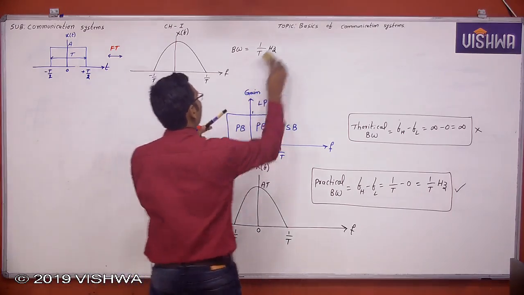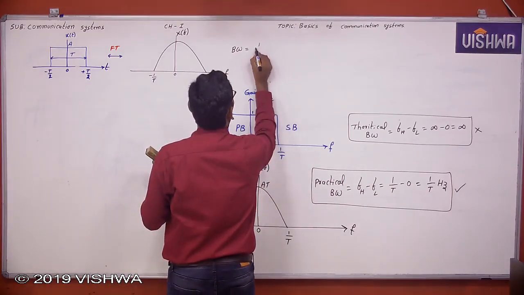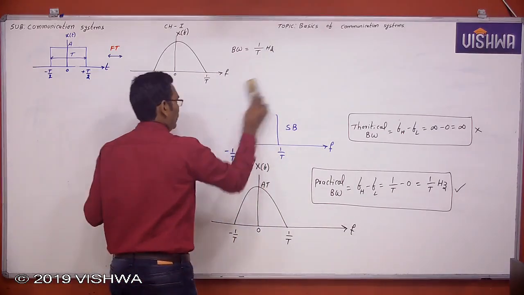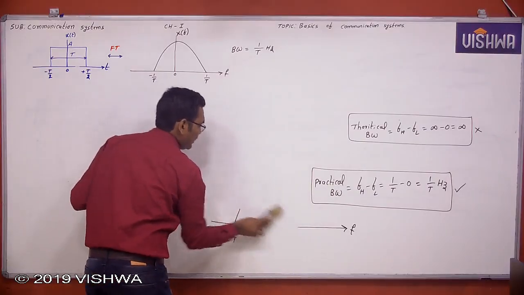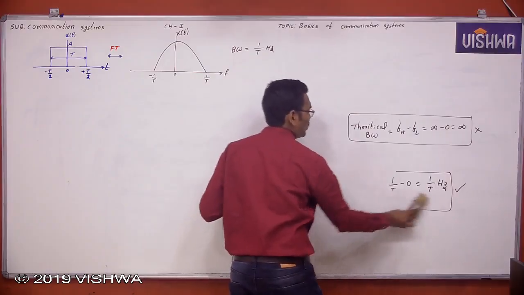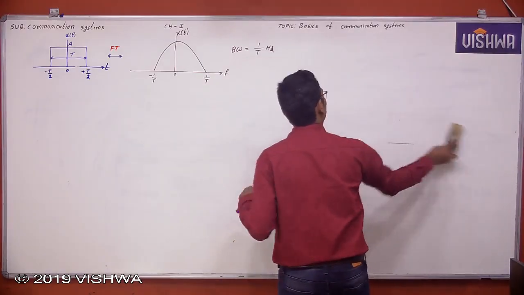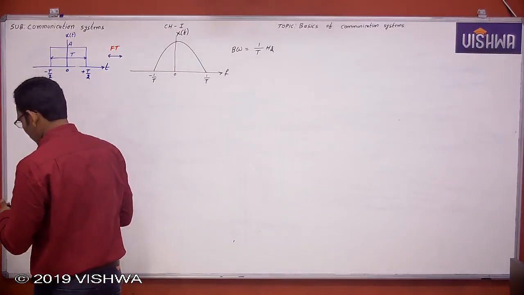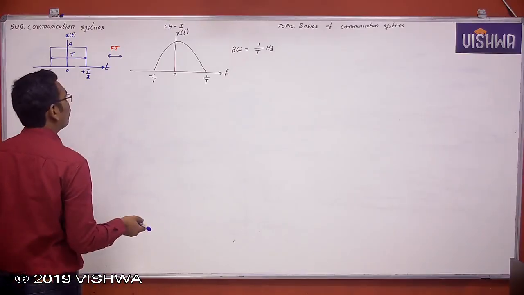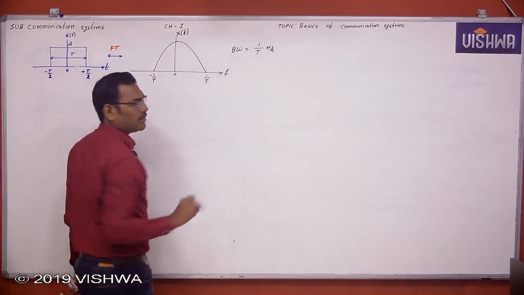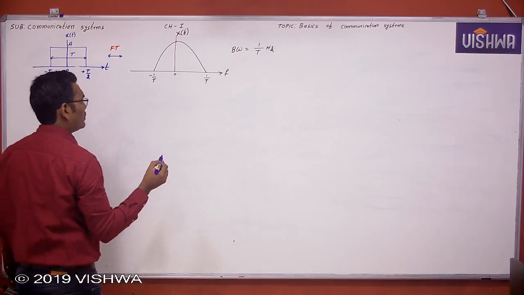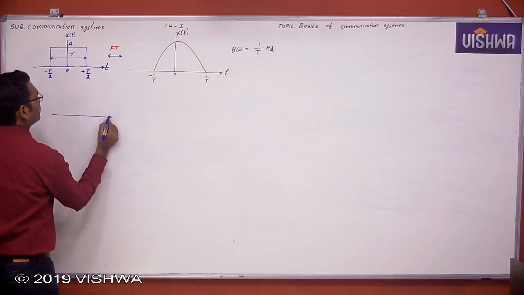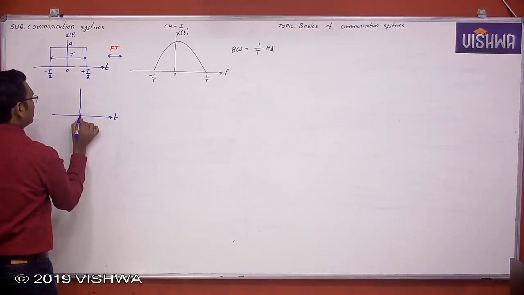Now T is the pulse width. So if a rectangular pulse has pulse width capital T, its bandwidth is inversely proportional to the pulse width. Now see here, the bandwidth of the rectangular pulse is inversely proportional to pulse width. Now if you see here, this is a rectangular pulse whose pulse width is